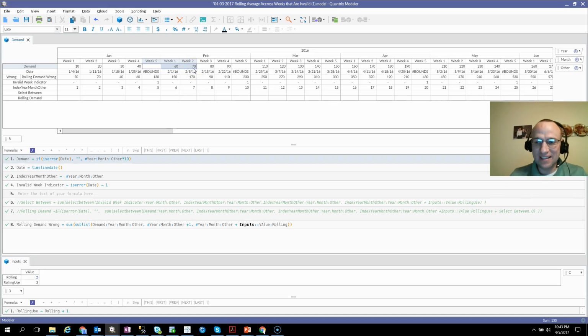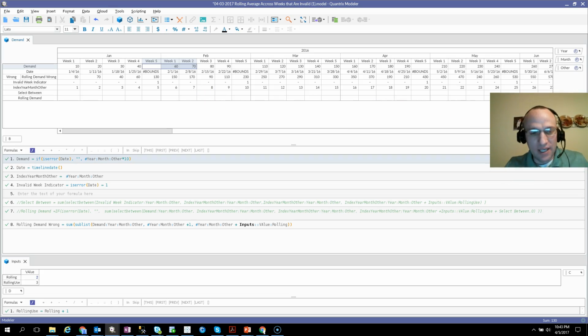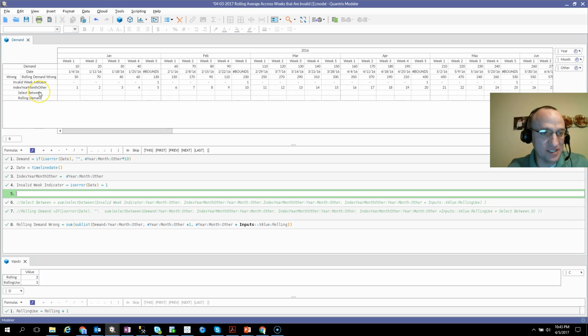So how do I get Quantrix to do this? That's what I'm going to show you now. And what we would need to do is create a SelectBetween statement that goes out and identifies whether or not, within this offset range, there is